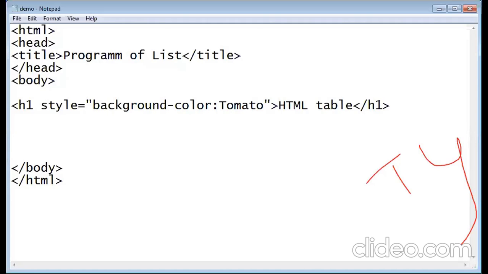Then first name is over, and again for the last name the same procedure. For entering the last name I will use a label. Again label is the tag. For the label tag I have to use the for attribute. Then for the input tag I will use three attributes. First one is type, second one is id and third one is name.